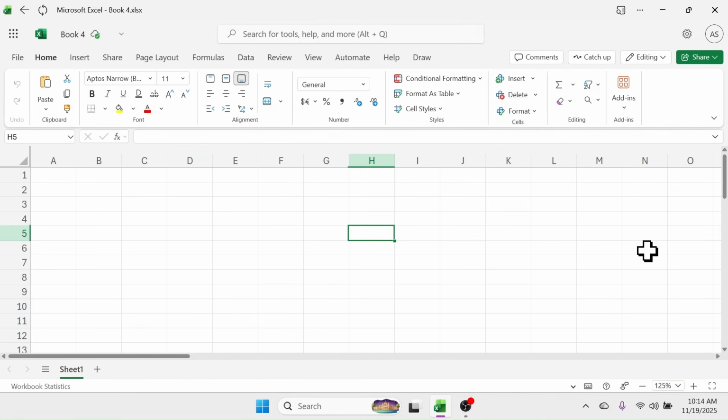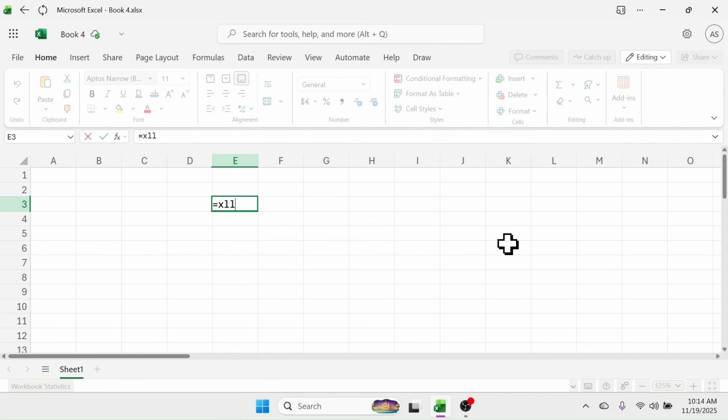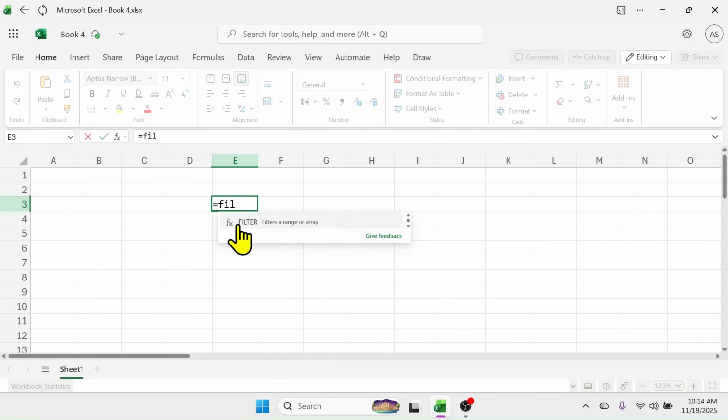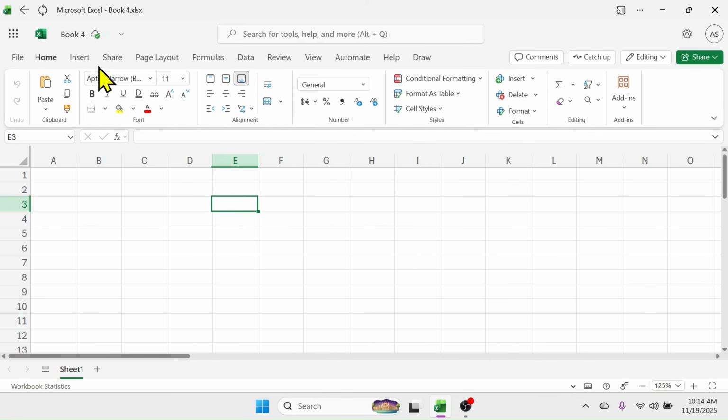As you can see on the screen, here I have opened this Microsoft Excel application and this is the latest version. If I use the XLOOKUP function, you see the XLOOKUP function is available. If I use the FILTER function, the FILTER function is available. If I use the LAMBDA function, you can see all the latest functions are here,